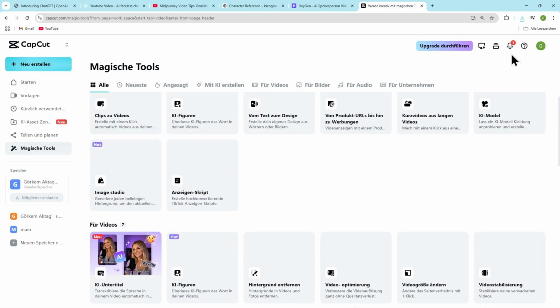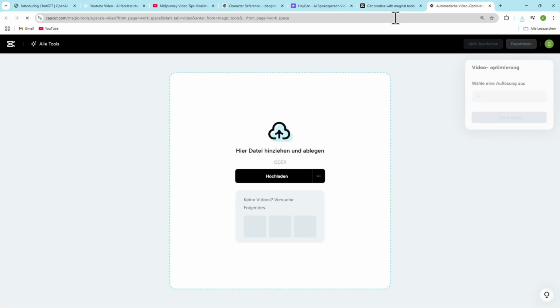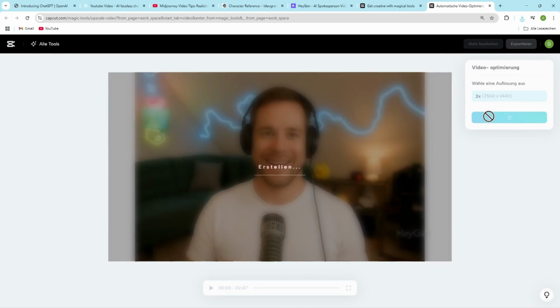Go to CapCut, go to Magic Tools, and go to CapCut Upscaler. With this, just put in your video and click on Upscale. You don't have to pay for it for Heijan, but I would recommend you to pay for it. But if you don't want to, just go on CapCut Upscaler and put it in and just upscale your video in just a few seconds. It's completely free. You can use it unlimited amount of times. So you can choose whatever you want to do.